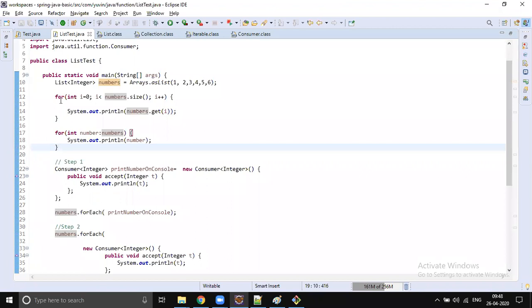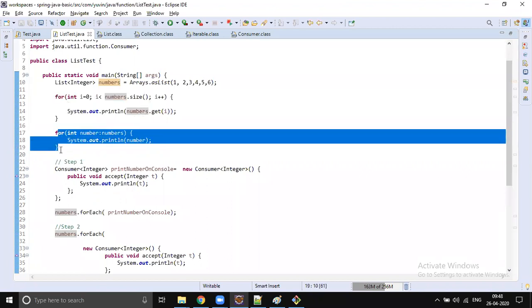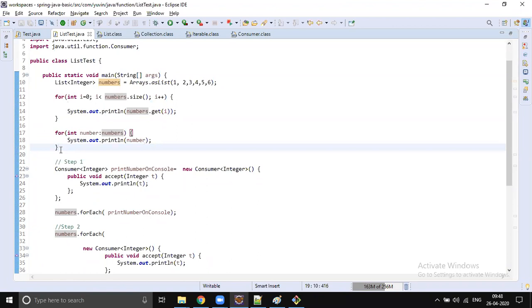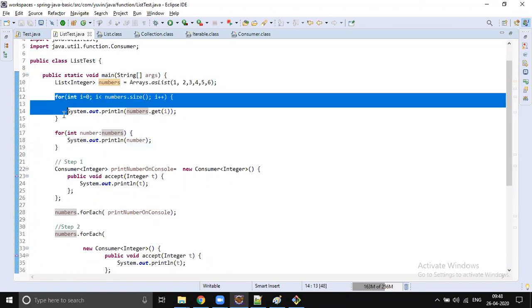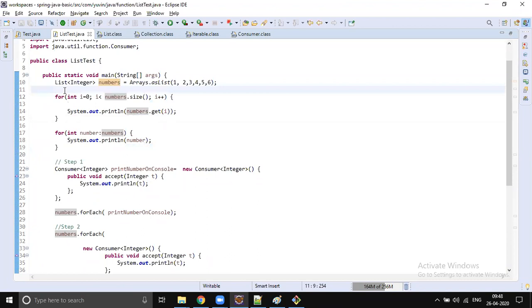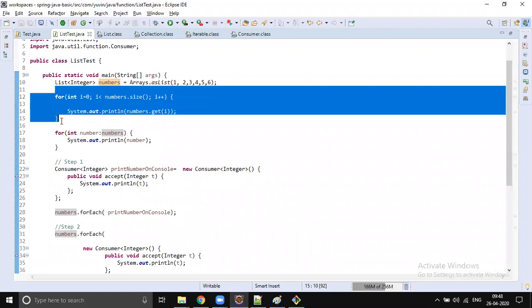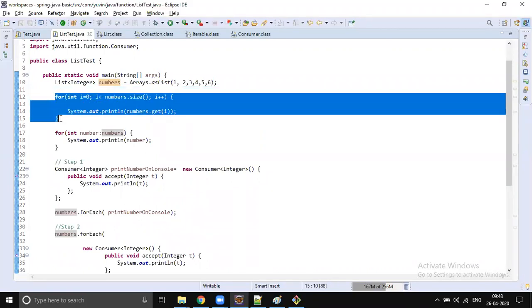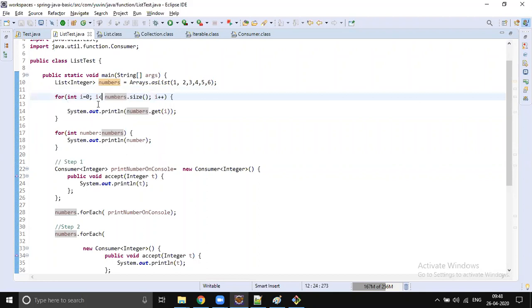Okay, we have been writing these for loops, enhanced for loops, for so many years. We feel comfortable, especially with the old version of the for loop. If somebody asks you to write a for loop, you will write it within a fraction of a second, maybe nanoseconds. But we are doing so many complicated things here. You might have overlooked and used greater than instead of less than, and then you have to spend a lot of time debugging this issue. It might be some typo issue.